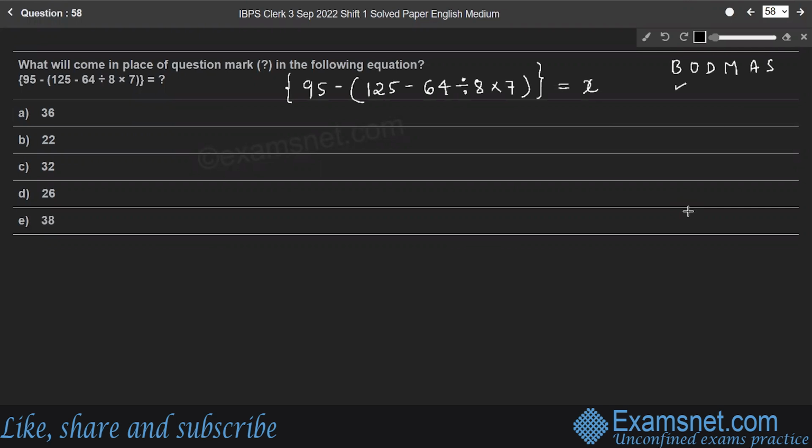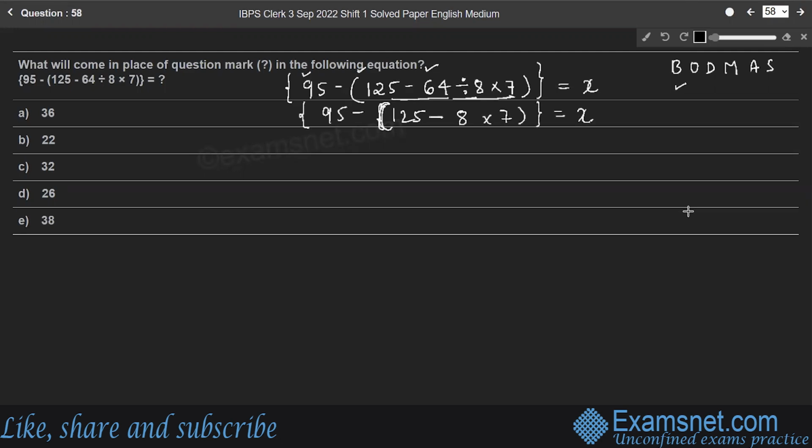So in order to remove these brackets, we have to solve the inside part, 125 minus 64 by 8 into 7, right? Because we are going to remove the brackets here. So first we have to go for these operations: division, multiplication, addition and subtraction. So start with division, which is 64 by 8. So 95 minus 125 minus 64 by 8 is 8, into 7